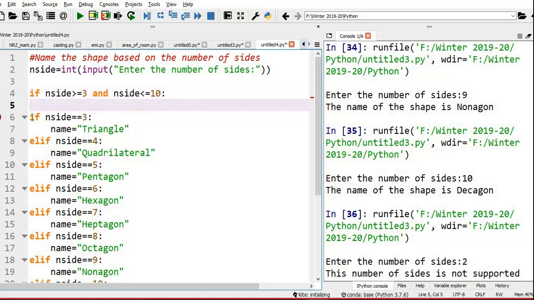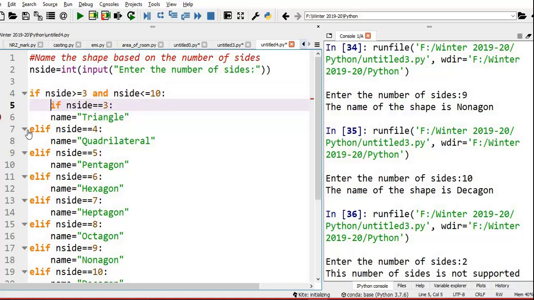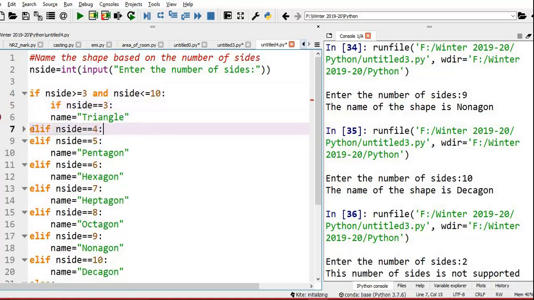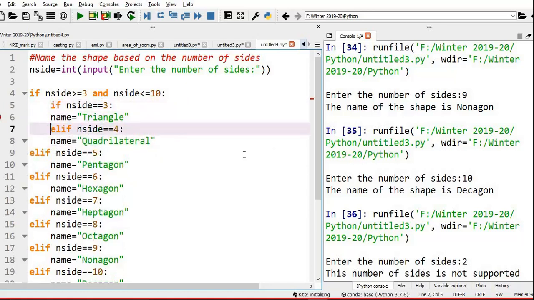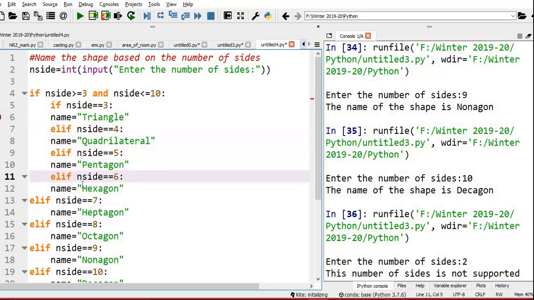this will come. Okay, but there is an issue. What is that issue? I have to take care of indentation. That's very important, because this is called nested if. Within one if, another if.